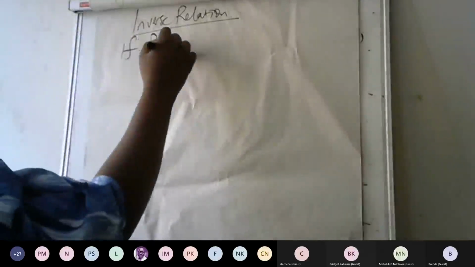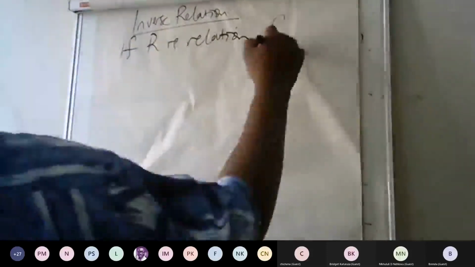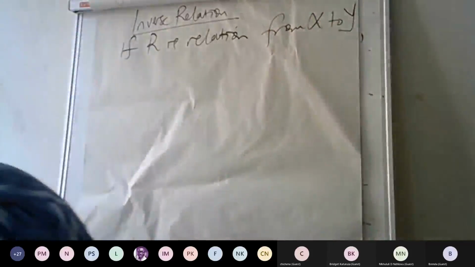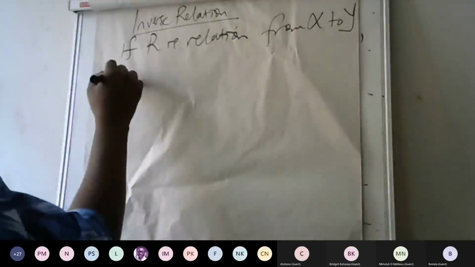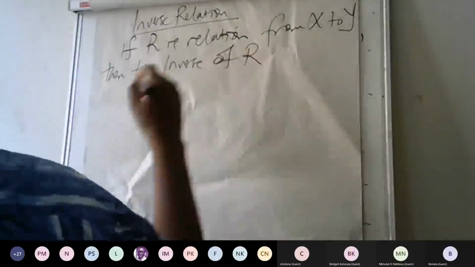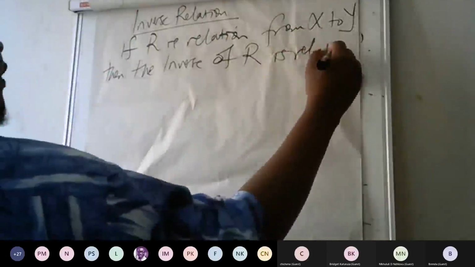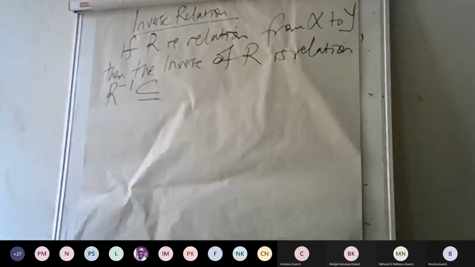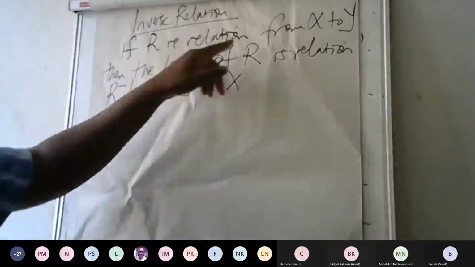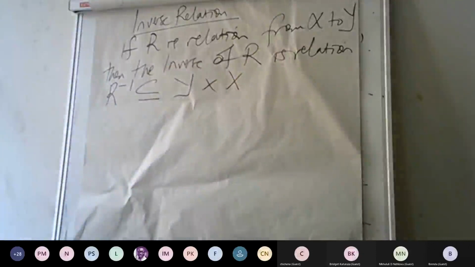If R is a relation from X to Y, then the inverse of R is the relation R to the power minus 1, which is again a subset of Y Cartesian product X. Because R is a relation from X to Y, which means it's a subset of the Cartesian product X to Y. So the inverse of R is a relation which is also a subset of Y Cartesian product X,